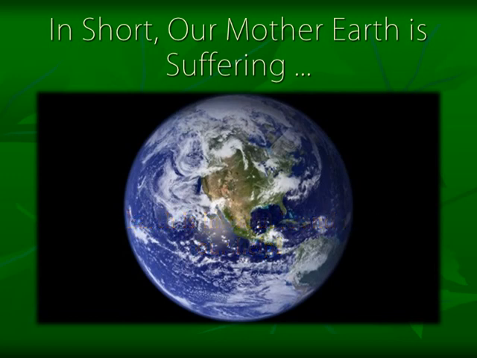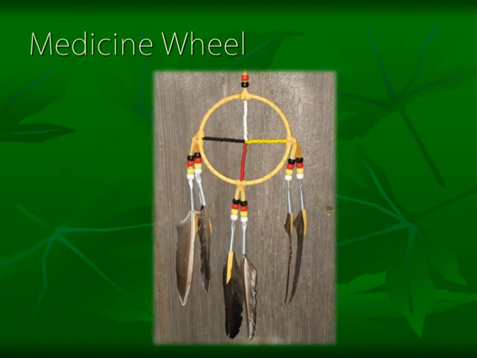What can we do to change our modern attitude towards the Earth? How can we return to seeing the Earth as something we are part of? A balance is maintained when the interdependence of all things is recognized and respected. Many First Nations use the medicine wheel to represent the relationship of all things to Mother Earth.